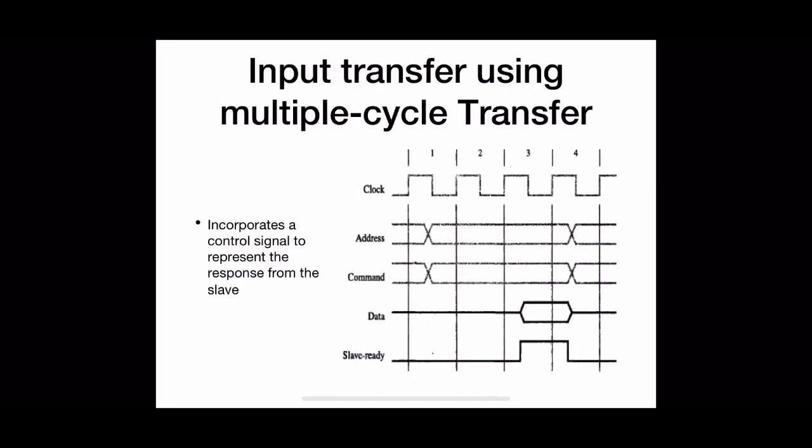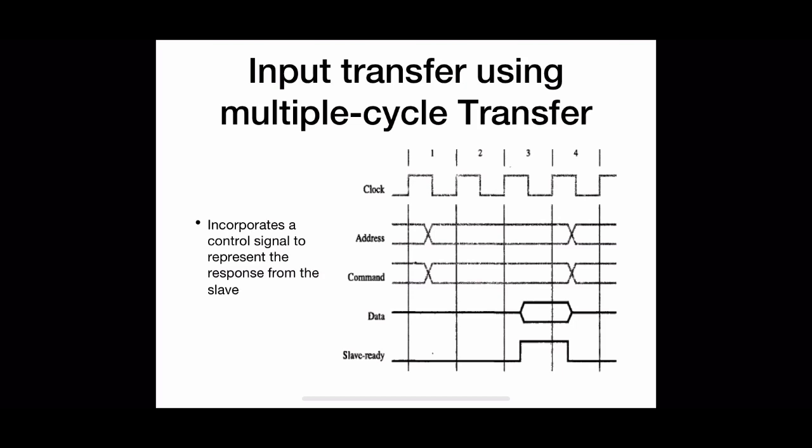So now let us see the sequence of events for an input operation in the case of a multiple cycle transfer. We are using a high frequency clock here to drive all the devices. And as we have seen earlier, at clock cycle 1, the bus master places the address on the address bus and the read command on the control line. After a certain delay, that will reach the corresponding slave and it will start recording it. At the beginning of the next clock cycle, it begins to access the requested data. Obviously, there will be a delay, so it cannot respond at clock cycle 2.